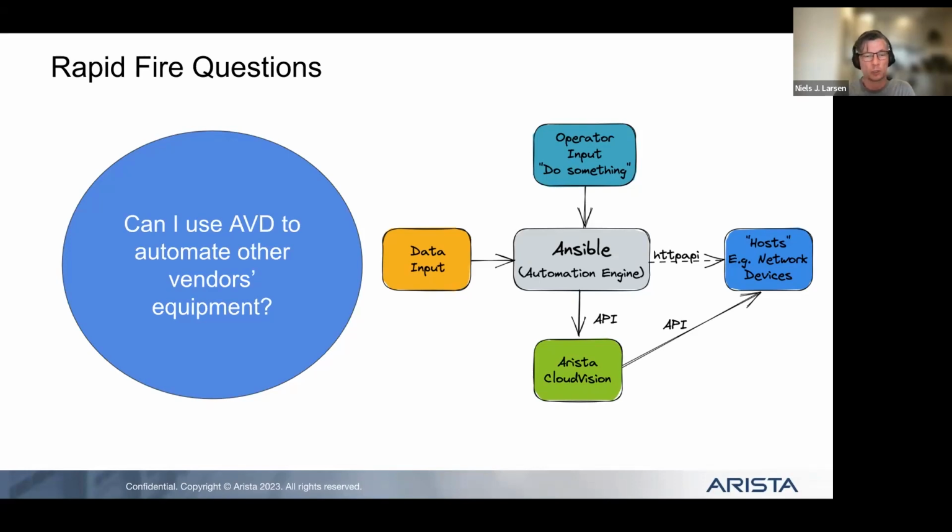We have customers using multi-vendor deployments and using AVD in collaboration with other playbooks to run other configuration tools for other vendors. So certainly it can integrate in some way, but it is generating Arista EOS, which would not apply to one of our competitors' switches. But I guess that's the power of building this on top of Ansible, right?